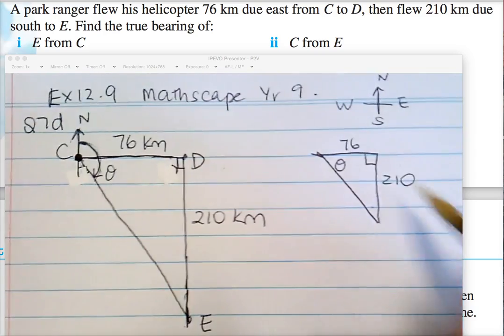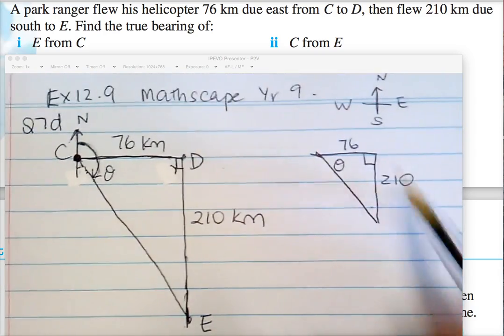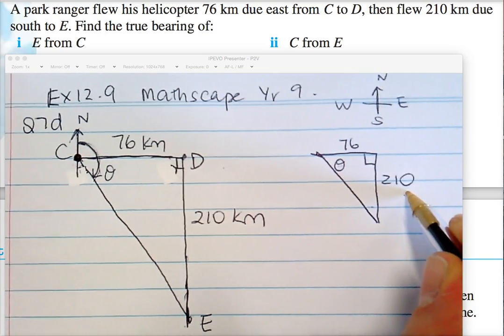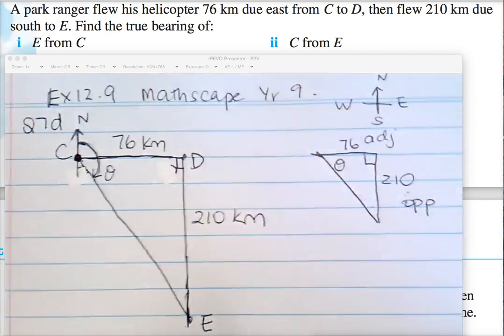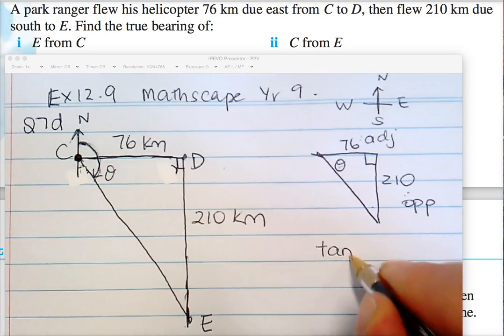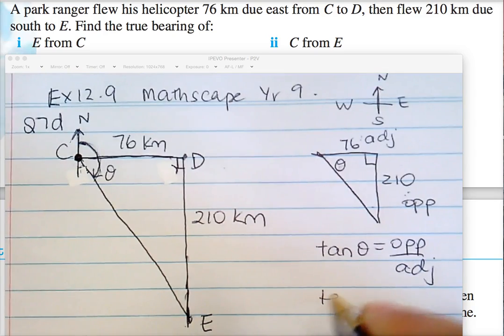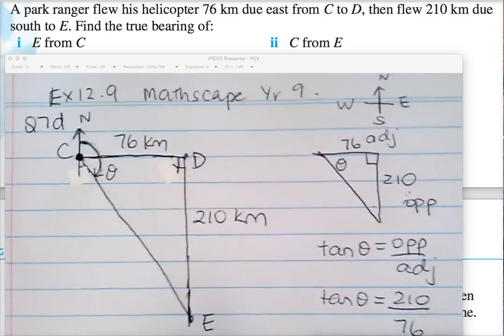Okay, in this triangle over here, I want these sides named. In relation to the theta, this 210 is what? And the 76 is? So which rule do we use? TOA. Tan theta is opposite over adjacent. Tan theta is 210 over 76. So therefore theta is